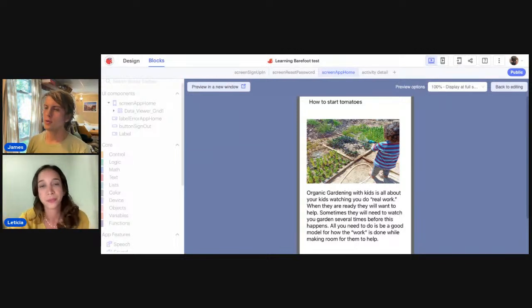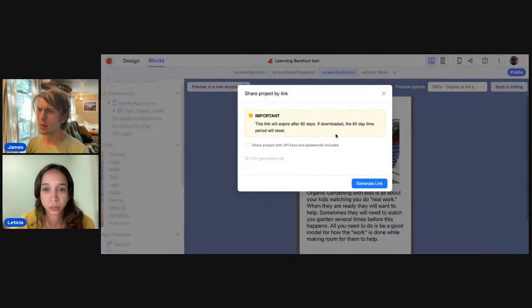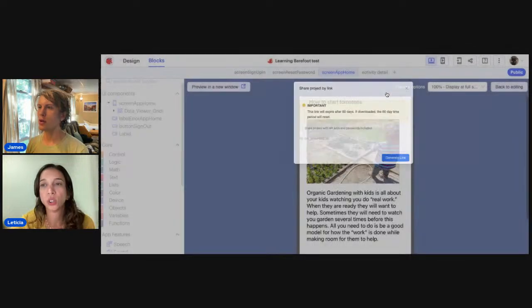Is it possible to publish this rough prototype using the share at the top? You see that share button? What happens if you click that and you do share app? Oh no, this is just to share the code. It's a project, yes.